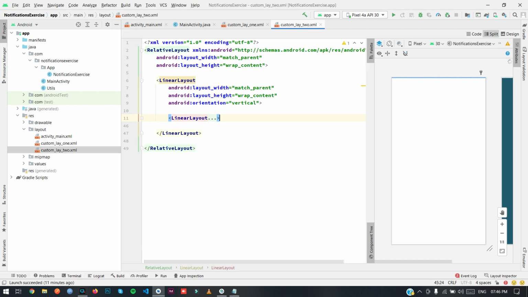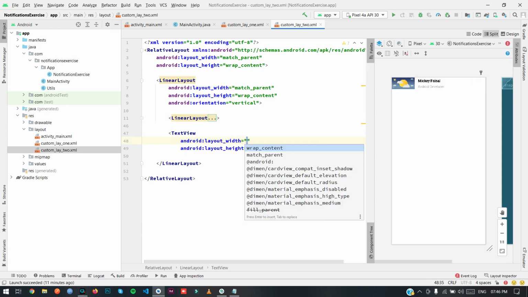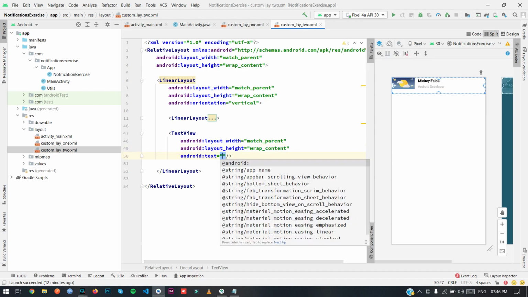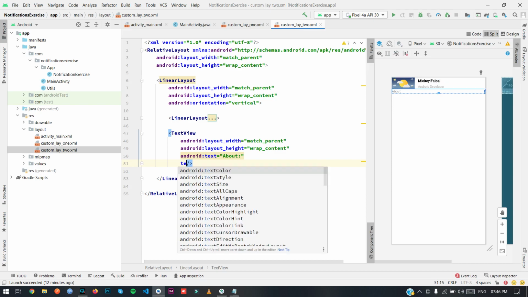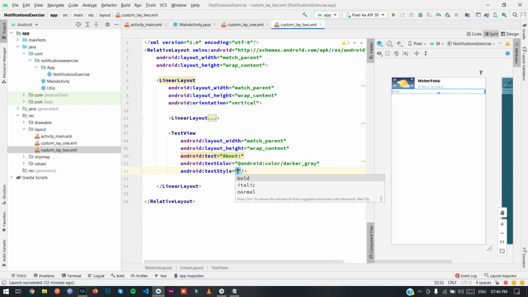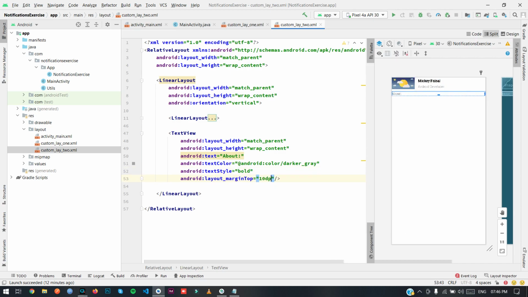Then just paste the copied layout. So when the notification is expanded, this layout will also be shown. So after that, we need a text view, width wrap content, text: about, text color Android darker gray, text style bold, margin top 10.